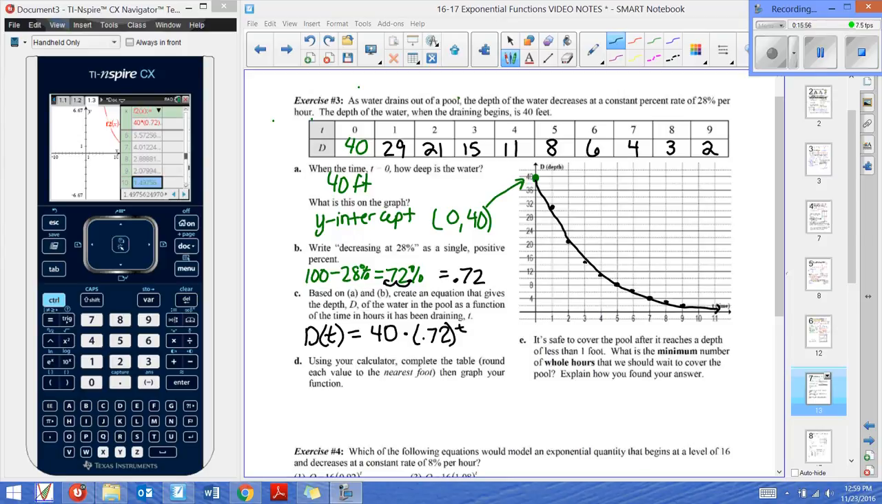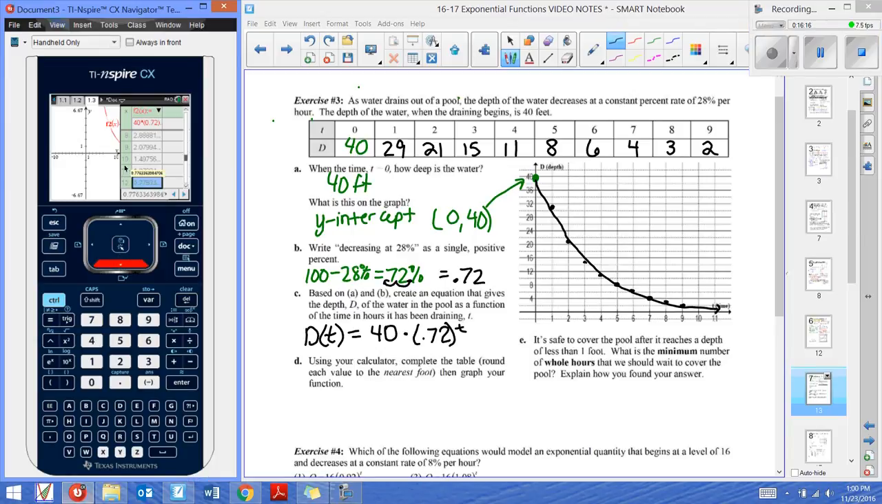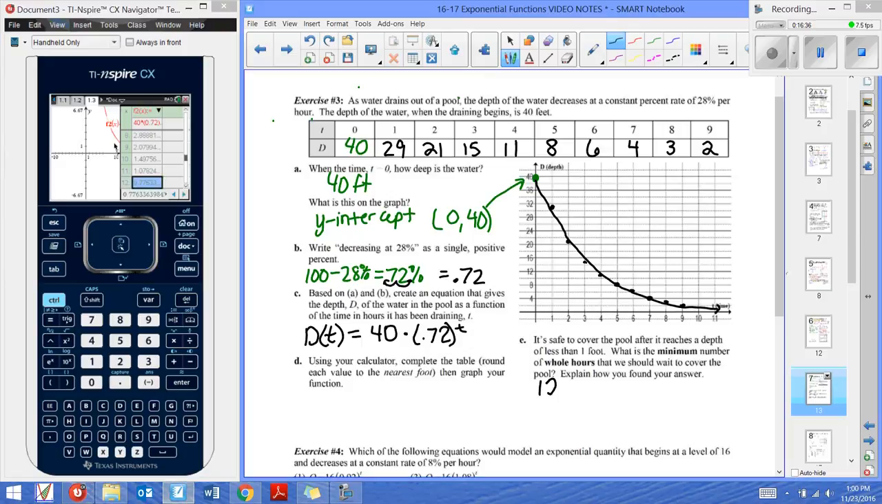So part E says it's safe to cover the pool after it reaches a depth of less than 1 foot. So what is the minimum number of whole hours that we should wait to cover the pool? Well, let's look at our table of values. If I keep scrolling down, we can see that after 11 hours, it's 1.07 feet deep. After 12 hours, we now have reached below 1 foot. So after 11 hours, we still have a little over a foot of water, but after 12 hours, this is what we would use here, 12 hours,